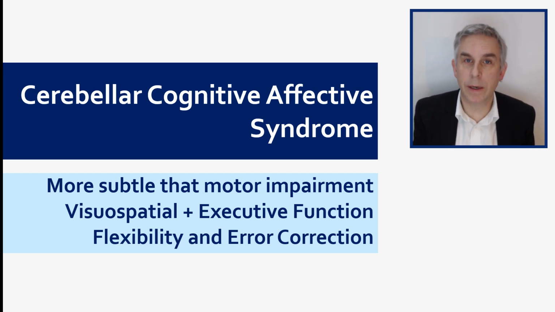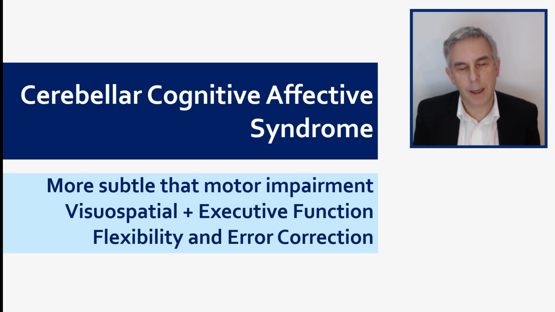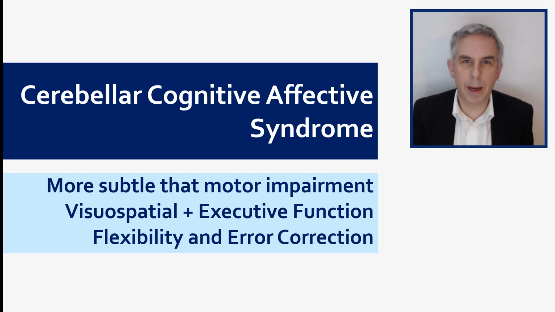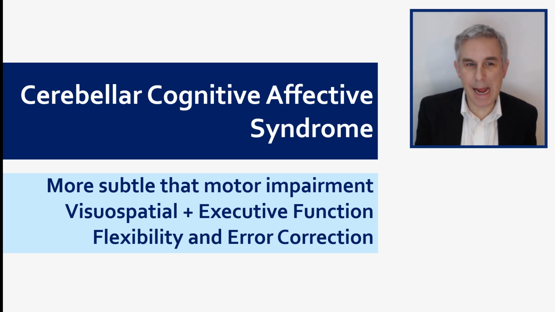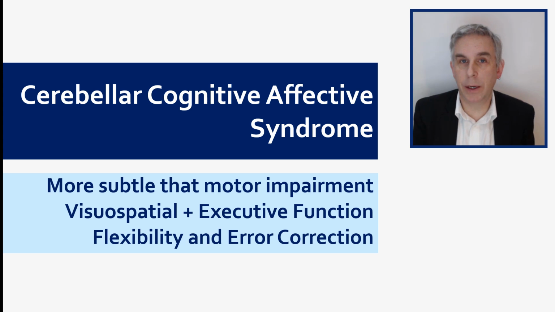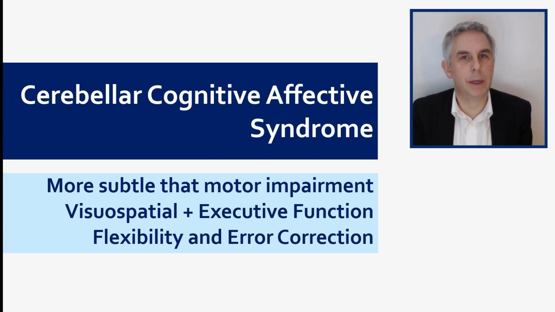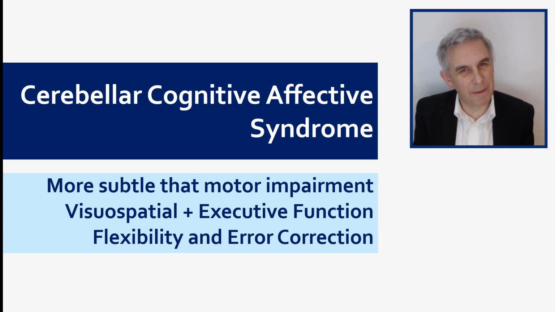But there are some obvious cognitive problems as well. They're also a bit more diffuse, a bit more complicated. It's not easy to pin them down in a simple summary, which is maybe also why we haven't paid as much attention to them until fairly recently. A simple summary of them as best I can is that they affect visuospatial and executive function. And you'll know from other sessions that executive function includes a lot of things like working memory, some of our linguistic ability. Some of the problems that arise from cerebellar damage are in things like flexibility